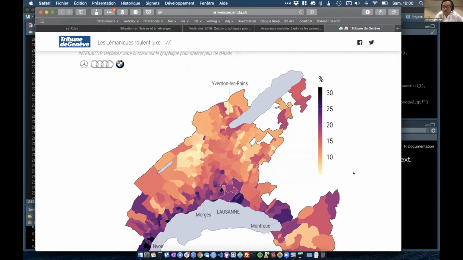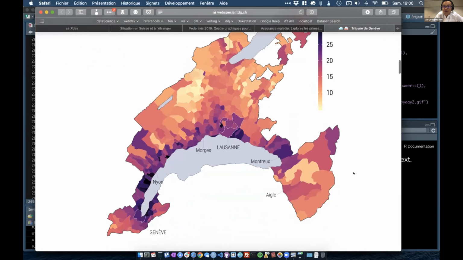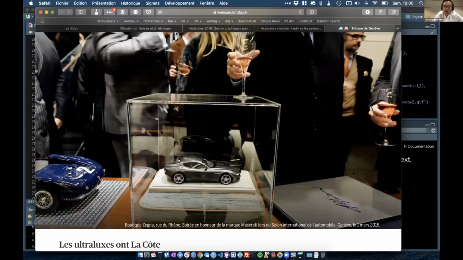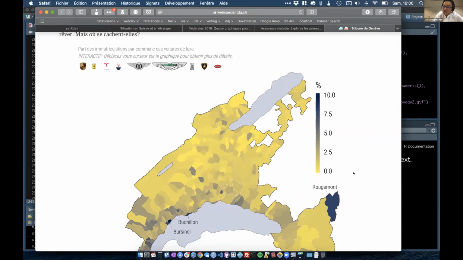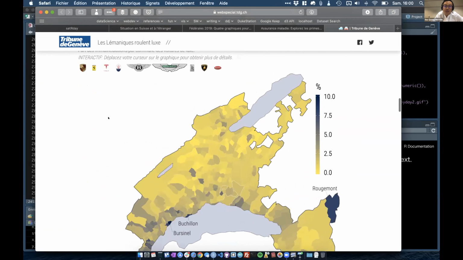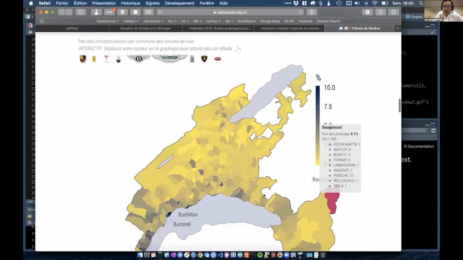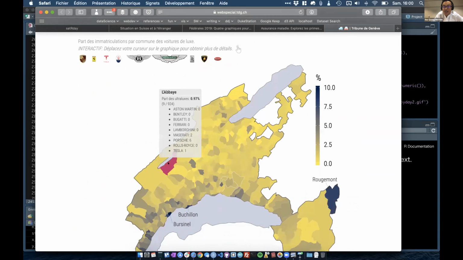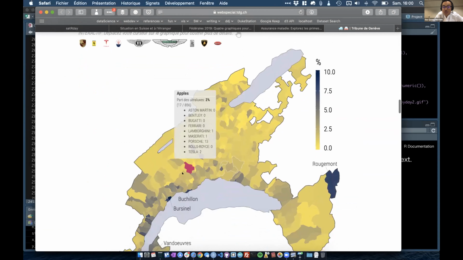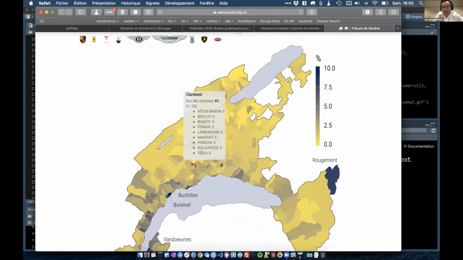That's where the usually wealthier people live. Then we looked at the share of ultra luxury car brands, where we pinpointed some of the municipalities with the highest share. Those two maps were made with ggplot2, sf, and ggiraph for the interactivity.